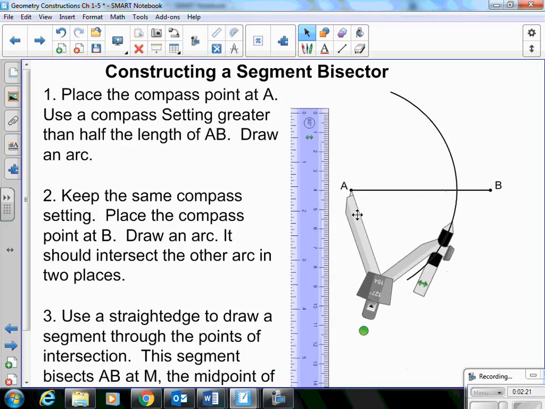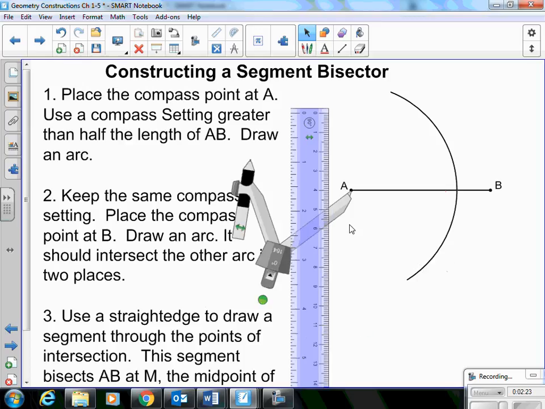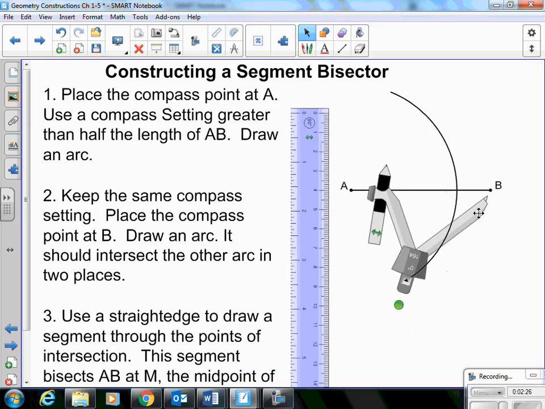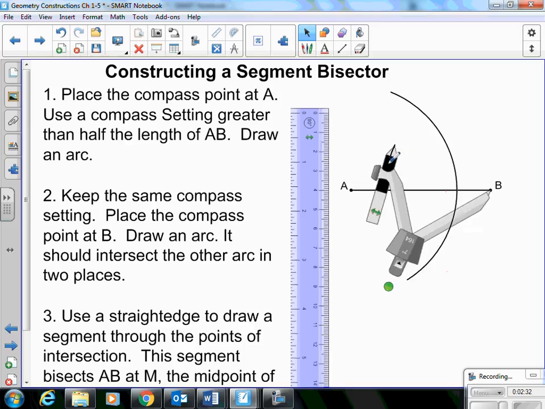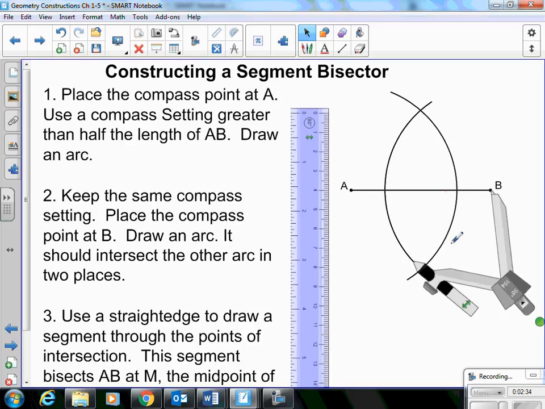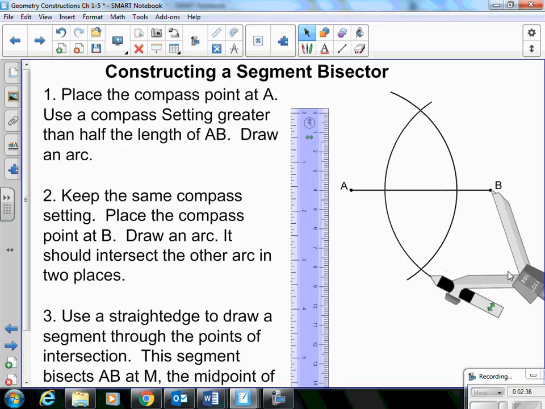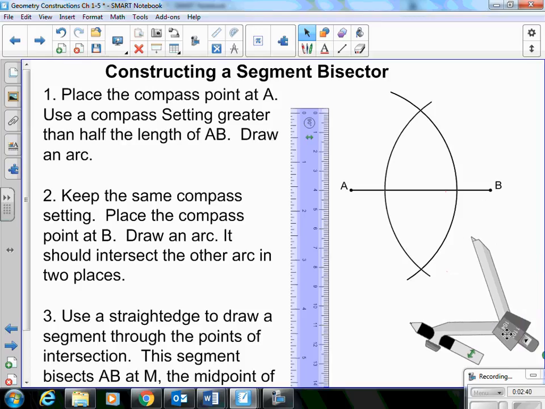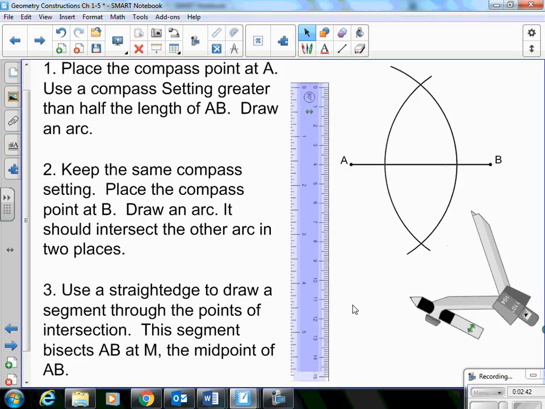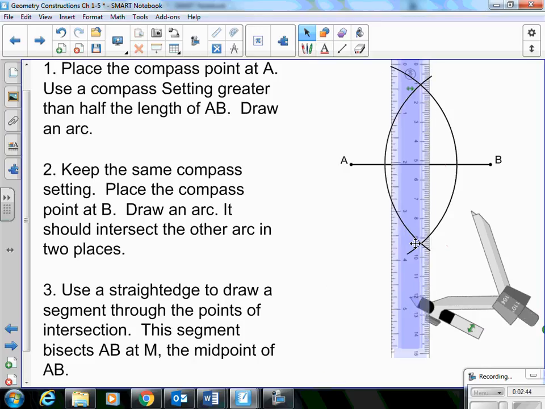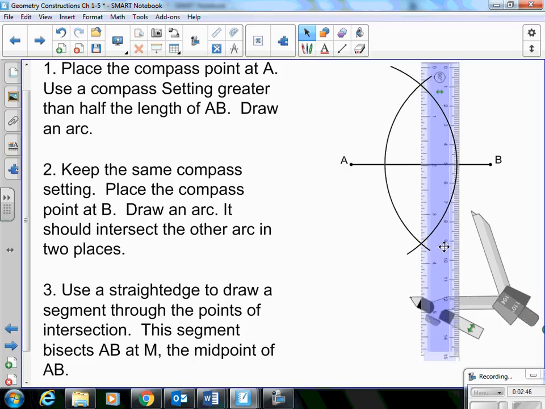Then we're going to keep our compass setting the same. I'm not going to change the width of our compass. We're going to take our compass over here to point B and draw an arc that should intersect the first arc we drew. Right. And now we can use a straight edge to line up those intersections